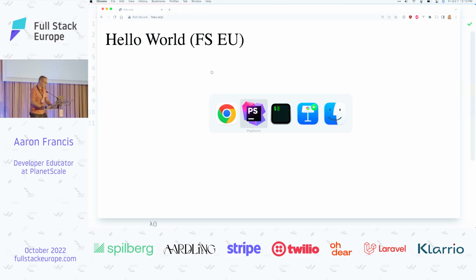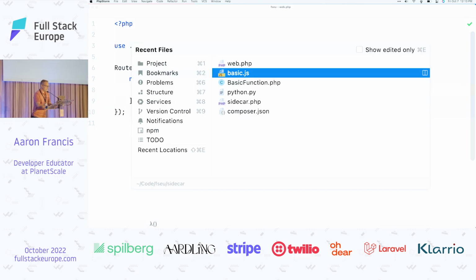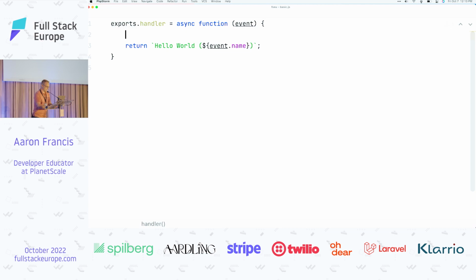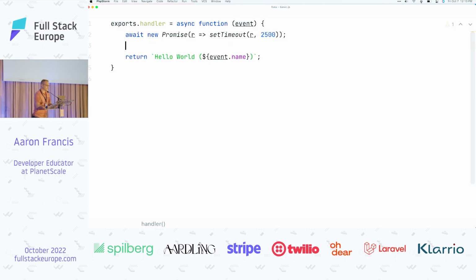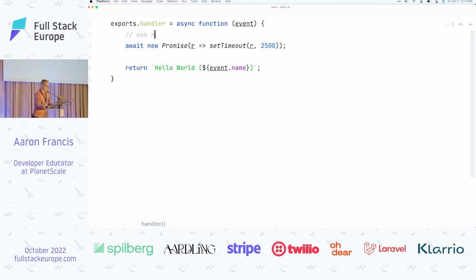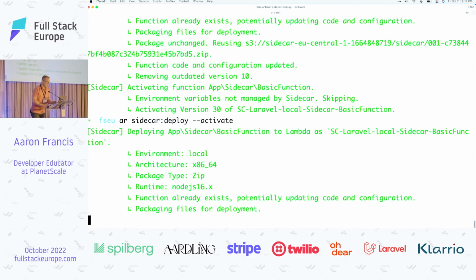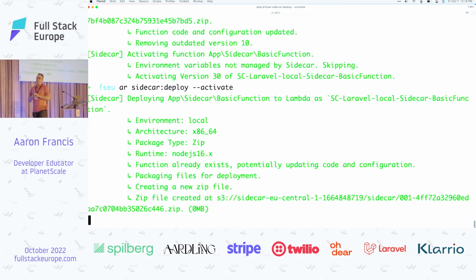So one last thing I want to show you in code here is, let's say you have a process that takes a long time. So you have some sort of like, let's say you have a Python data analytics process, right? And it could take 15 minutes. That's legal on Lambda. It can take up to 15 minutes. Let's say it takes 2.5 seconds here, so we're just going to fake it. We're going to pretend that it takes 2.5 seconds. I should probably deploy this. So if this process takes 2.5 seconds,